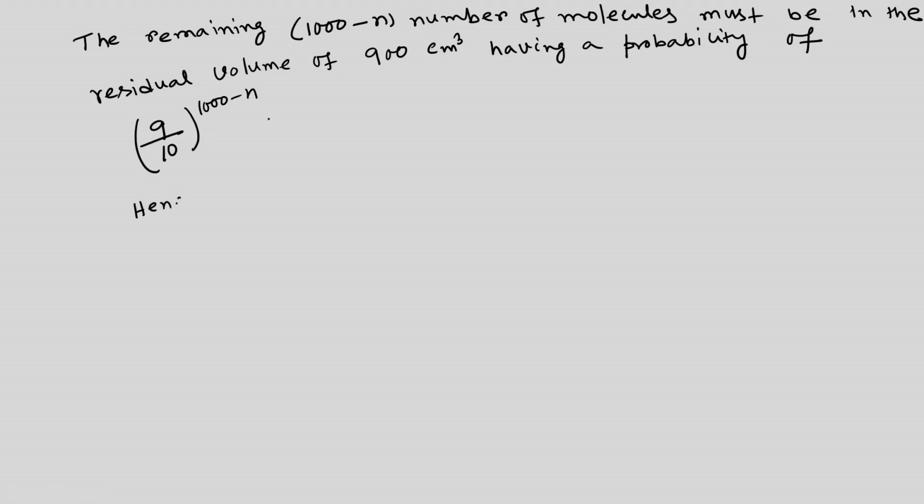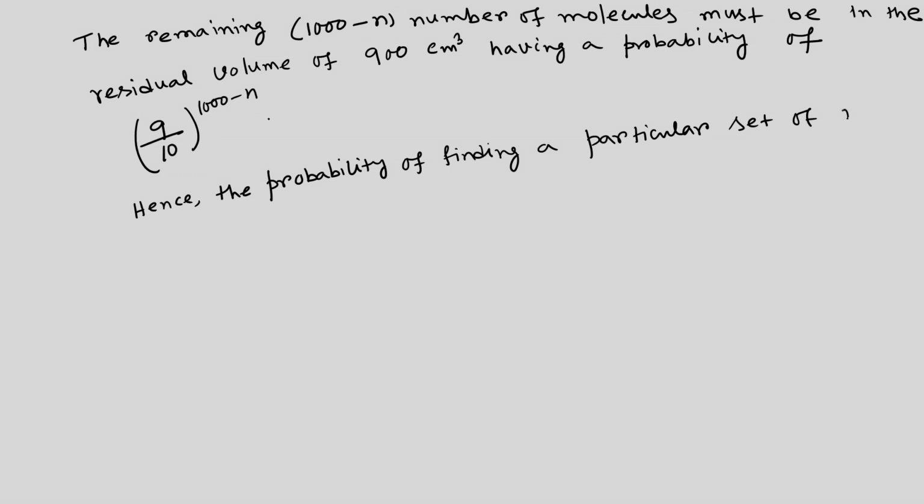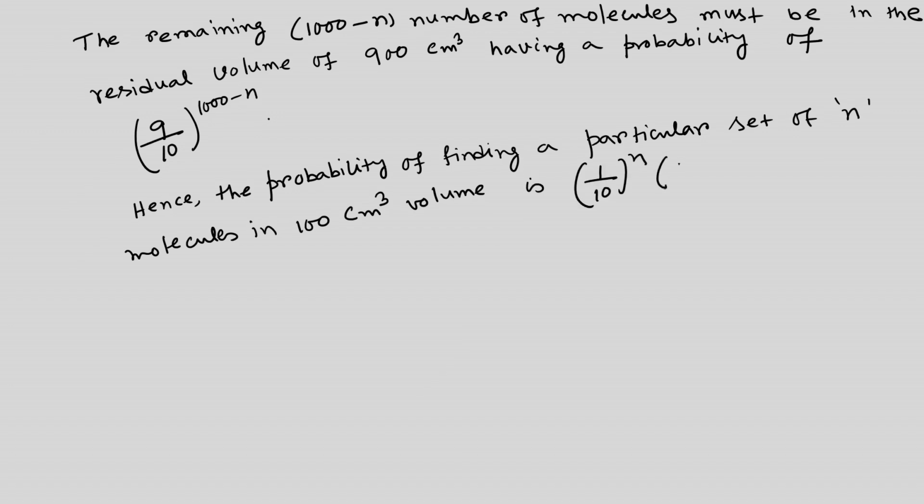Hence, the probability of finding a particular set of n molecules in 100 centimeter to the 3 volume is 1/10 to the n times 9/10 to the 1000 minus n, right. Since we can choose